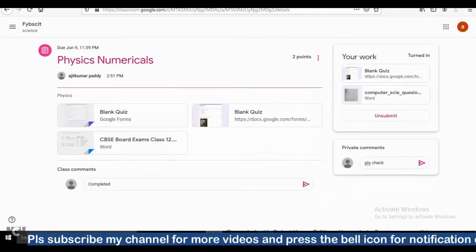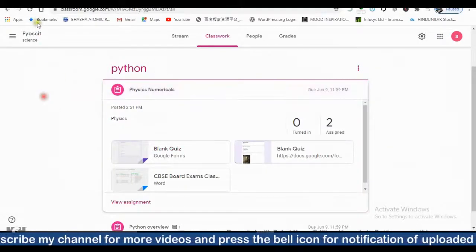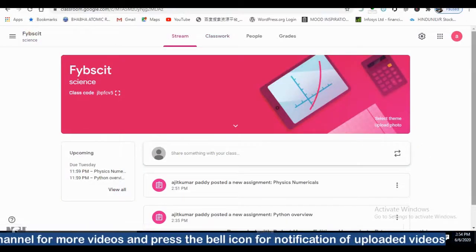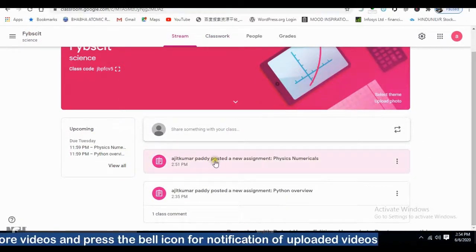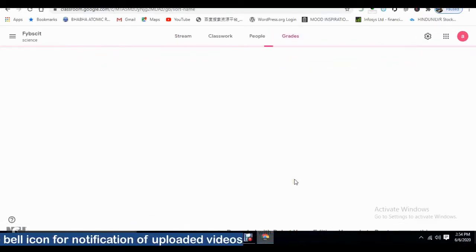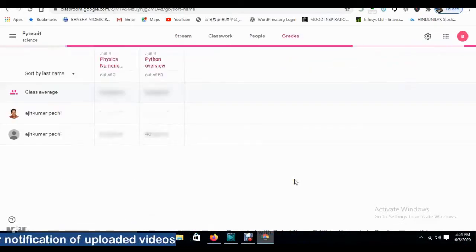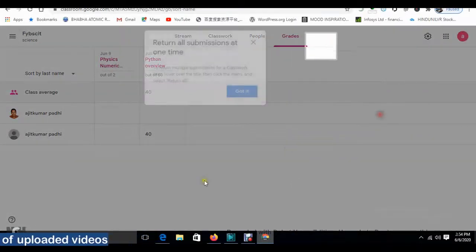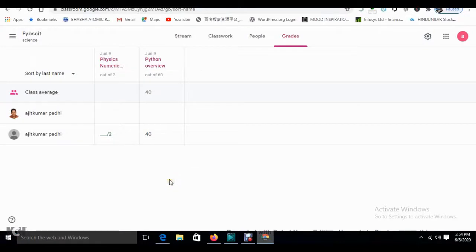Now the teacher will check whether this is done or not. See grades. In grades also you can check it to provide the grade. Okay, see, that was the Python overview, and this is how much you got.